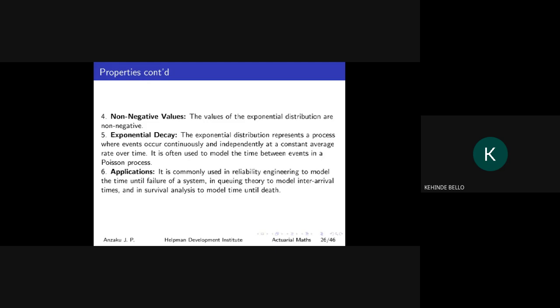And we say that the decay is constant. It can be slow, it can be very fast, but it cannot go backward. So that's why we say it has an exponential decay, which means that the events occur